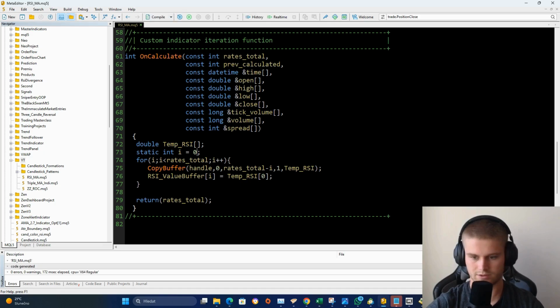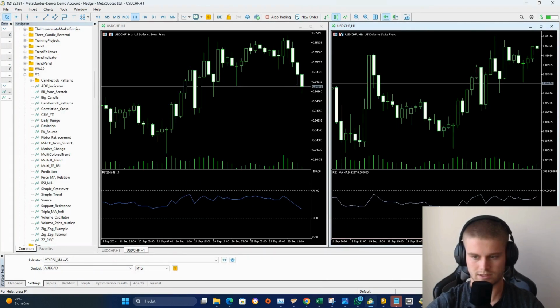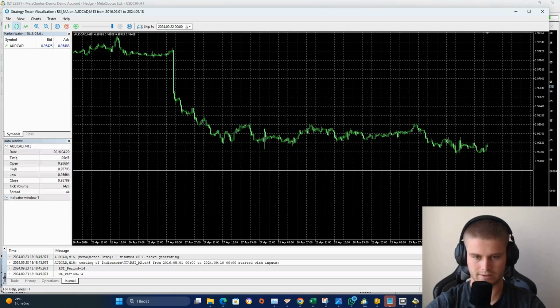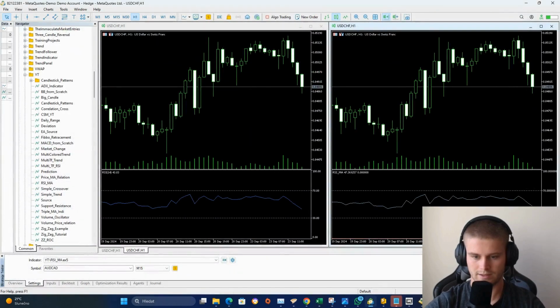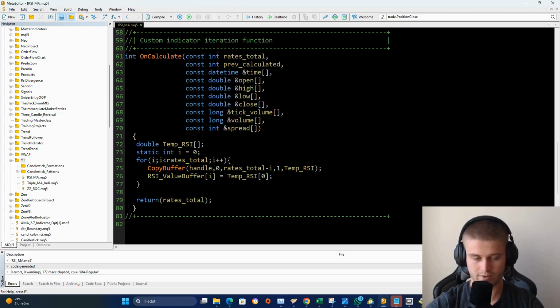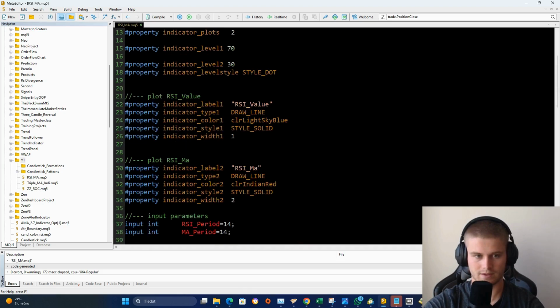So let's just start at index 0. So this should be okay as well. Okay. And now there are probably multiple ways, but now I can think of two ways. So the first way is that on this copy buffer function, we will request